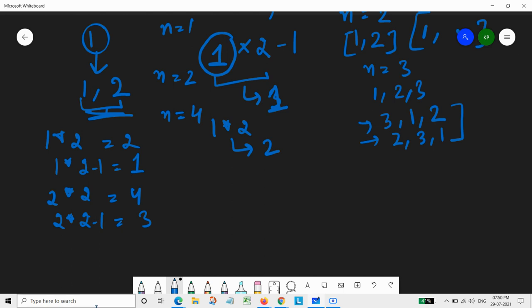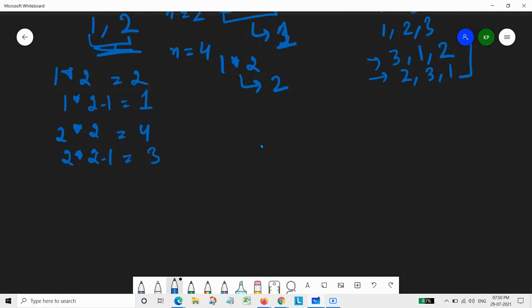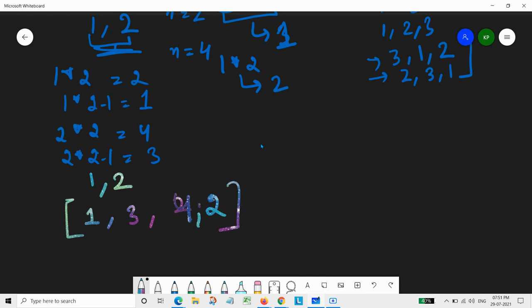So basically, what we are doing here is that if 1 and 2 are given, then it will be written like this: 1, 3, and then it will be 2. Basically, first 4 will be calculated and then 2 will be there. So the array would be this, and this is already a beautiful array only. And the n value is 4, so thus this would be our answer.